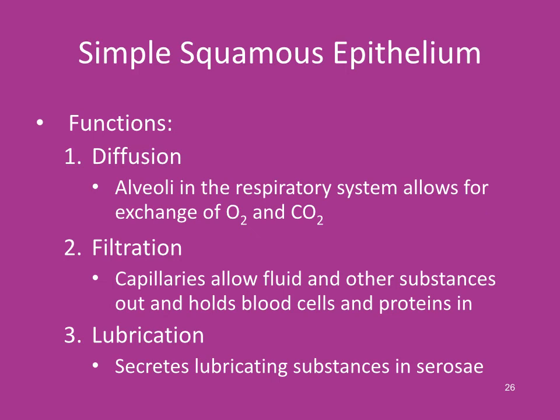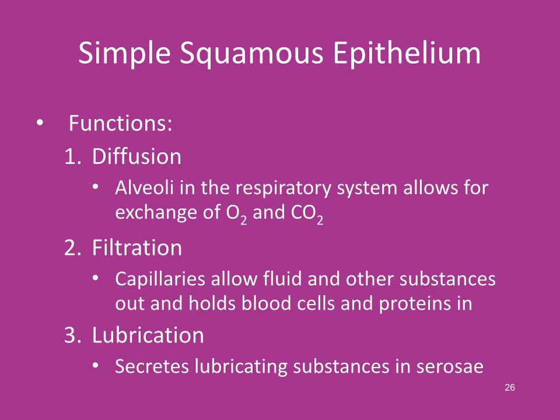What are the functions of this simple squamous epithelium? Well, one place that it's found is lining the inside of the lung. Every alveolus, every little air sac in the lung is lined by simple squamous epithelium. Why? Well, because the cells are thin, okay? And because they're thin, they allow things to diffuse through them very quickly. So you take a deeper breath, in comes the oxygen. That oxygen immediately goes across those membranes and goes into your bloodstream. You breathe out, and that same blood which was just giving off its oxygen is now collecting CO2, and you're blowing CO2 out. So in comes the good air, the oxygen, out goes the bad air, the carbon dioxide, and